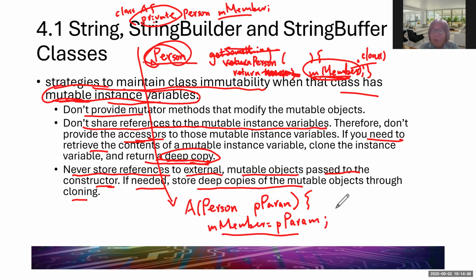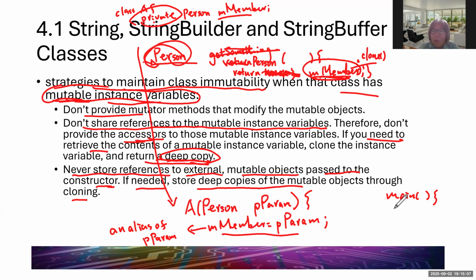Basically, the member is just an alias of that P parameter. And in main,